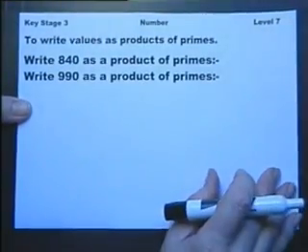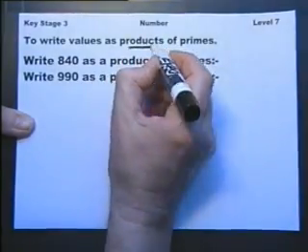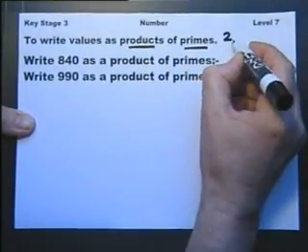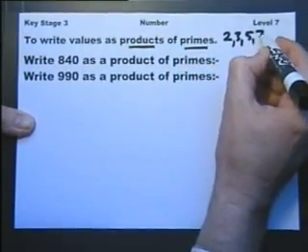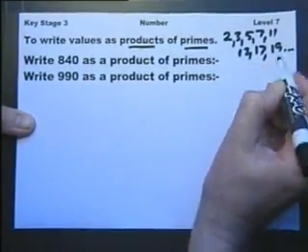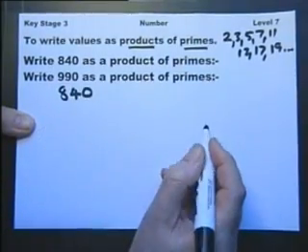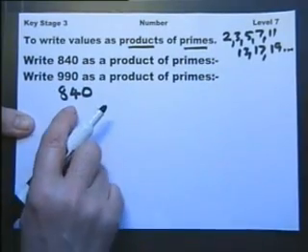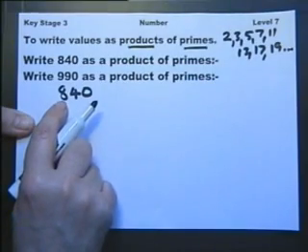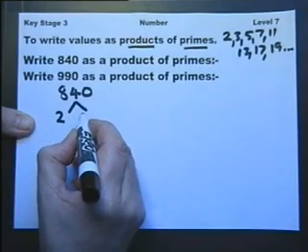To write values as a product of primes. Let's appreciate the word product means multiply to start with, and let's appreciate the prime means the prime numbers 2, 3, 5, 7, 11, 13, 17, 19 and so on. And one way to do it, which is the way I tend to do it, is called a factor tree. We look at the number that we want to write as a product of primes and we say what prime number goes into that. Now straight away, because it's an even number, 2 must go into it,